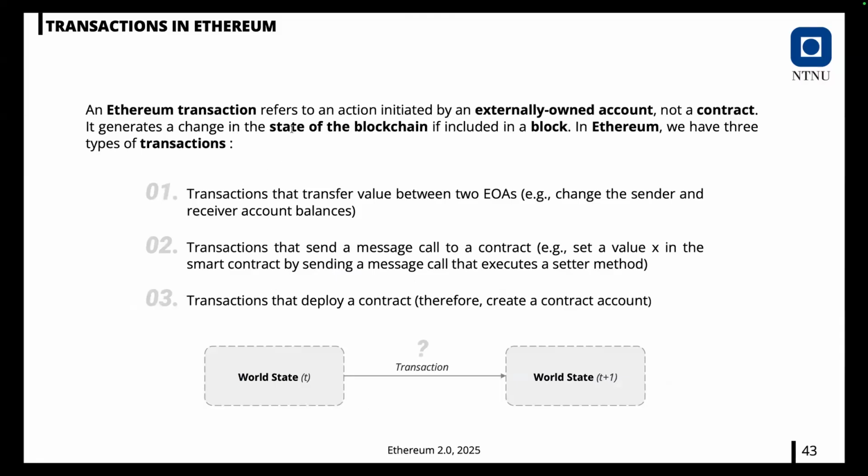Yes, so an Ethereum transaction refers to an action initiated by an externally owned account and not a contract. It generates a kind of world state change. And this is also a little bit confusing because I kind of told you that this externally owned account can generate a transaction, which then triggers some behaviors, triggers some other transactions. It is a little bit confusing. So